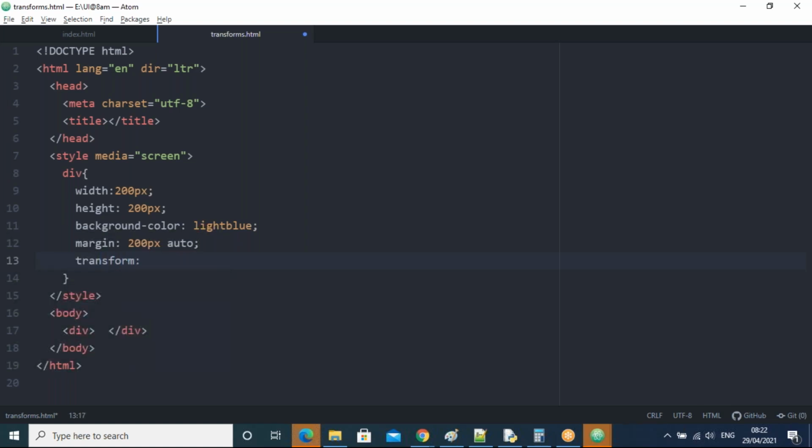Here the transform property supports n number of functions, guys. For example, the rotate function. I want to rotate that box by 45 degrees, so I'll take 45 deg.